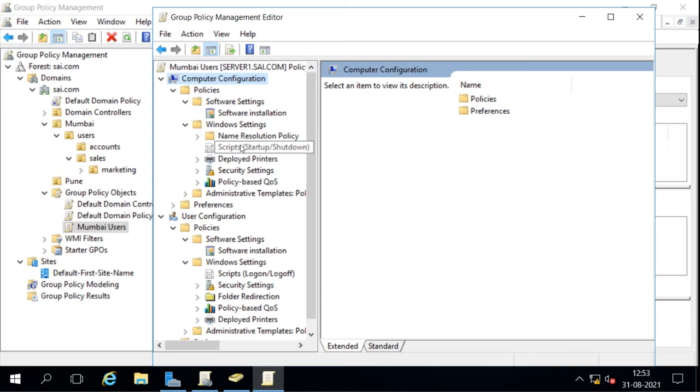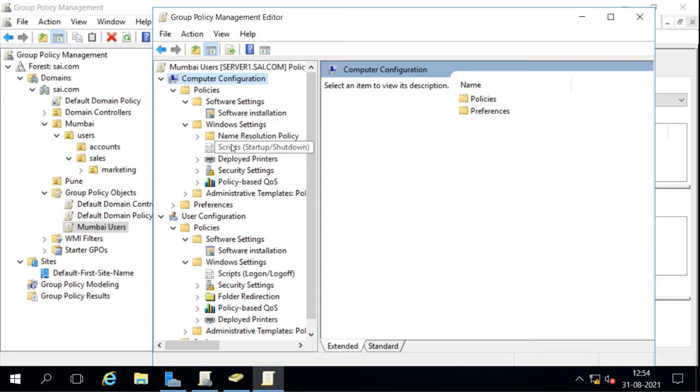That means we can configure some scripts that we want to apply either on startup of the machine or shutdown of the machine. That means it is for the computers, and this is scripts for the users. That means we can design a script which is going to run when the user logs on or logs off. So when the user logs on, the script will be executed, or when the user logs off, the script will be executed. So it is based on users, and this one is for the computers.